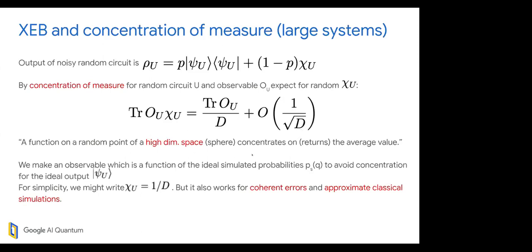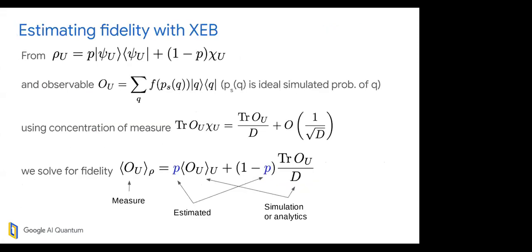So in the context of Hilbert space, this has been used before in quantum computing. And if you think of Hilbert space as a high dimensional sphere, this goes by the name of Levy's lemma. It's the same statement as before, and it's just another way of saying that in general, the expectation value for an observable, because this is a random circuit, and even with noise, it's still a random circuit, will produce a random state, quasi-randomly sampled from Hilbert space, and by concentration of measure, where you get with very high probability is just the expectation value of your observable over Hilbert space. So as long as concentration of measure works,